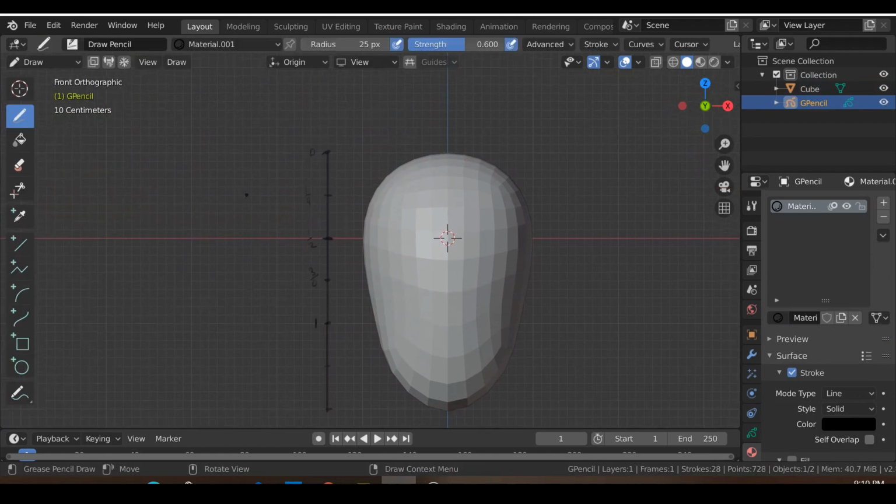At the quarter mark, that's usually where the hairline is. At the 3/4 mark, so this is exactly halfway on the face, that's actually where the eyes are. Believe it or not, the eyes are halfway down on your head. Sometimes newbie artists tend to think that the eyes are a little bit higher over here, but the truth is it's right in the center over here. The nose is usually over here,